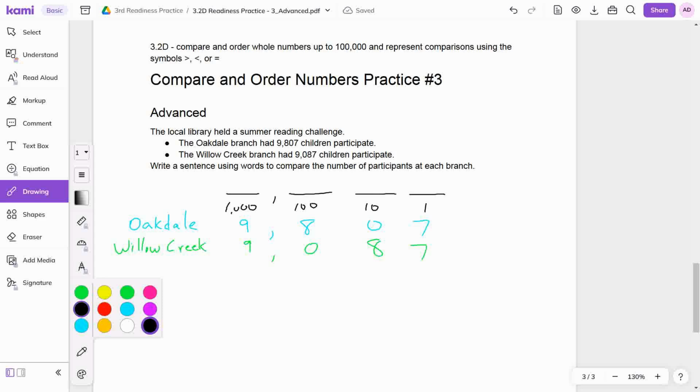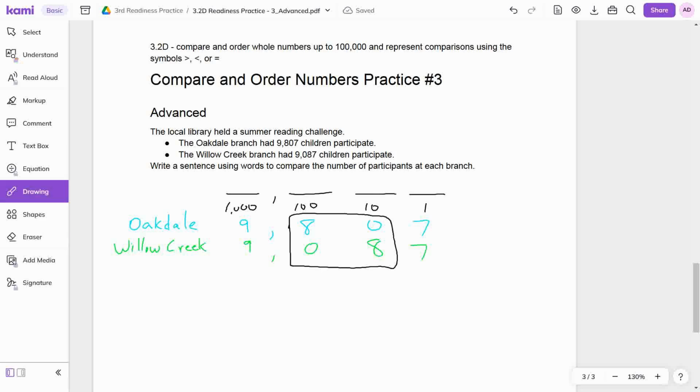They use the same digits, they just swap, right? So our changes are right here when we're swapping the 8 and the 0 in the tens and the hundreds place. But we don't want to simply compare with symbols. We need to compare with words. We have to write a sentence. Okay, so we can say